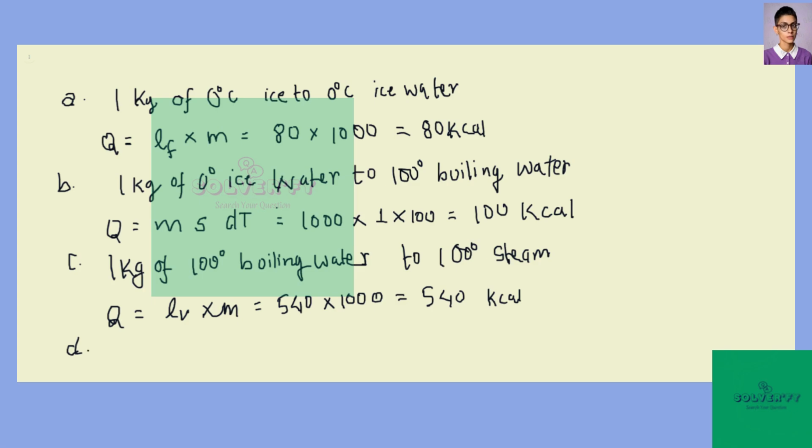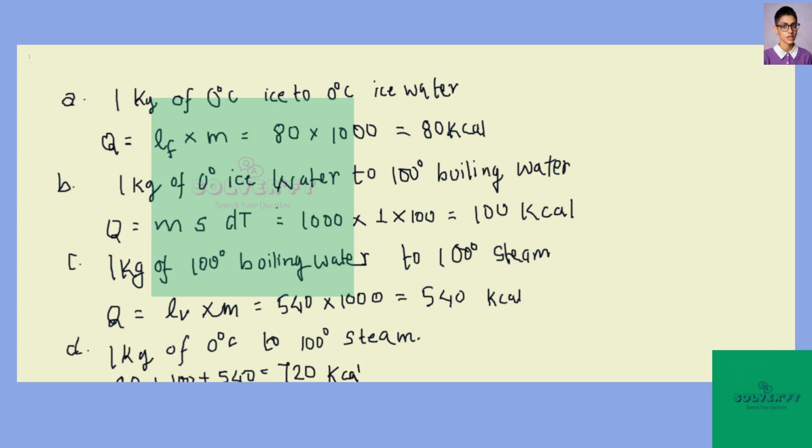So let's do the D part now. Okay, here 1 kg of 0 degree ice to 100 degree steam. Well, we have already figured out the smaller parts, right? So we just add all this we determined earlier. So 80 plus 100 plus 540, that is equal to 720 kilocalories. Okay, so this answers the